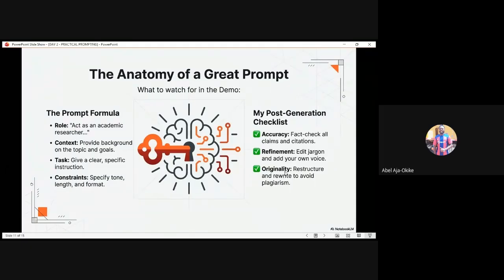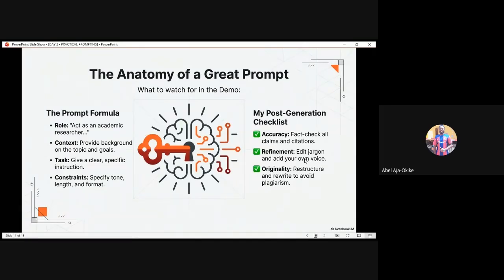Then these are the things that you will do later on your own if you are to work on something like that. So you will look at the accuracy, you will verify those citations. Now, if it were the old method of writing research, you will go to libraries and you will start searching. You will be reading books as big as encyclopedias. And then we came to a point where you can now search for them online, but they are still bulky. But these days now, you can use an AI tool to summarize everything. All we just ask for is that you have a fundamental knowledge of each chapter and you have a fundamental knowledge of good prompting. That's all we ask for, and you are good to go.